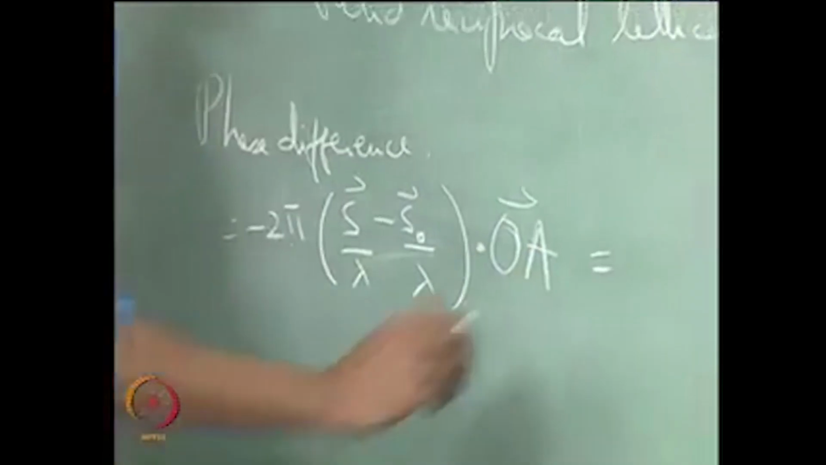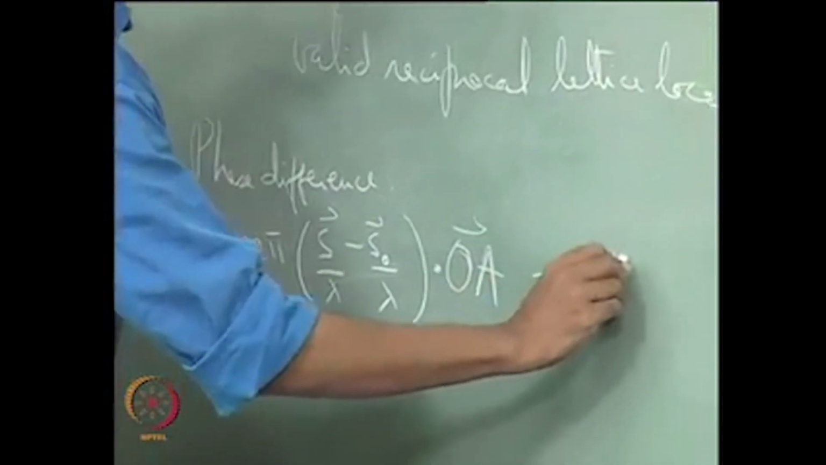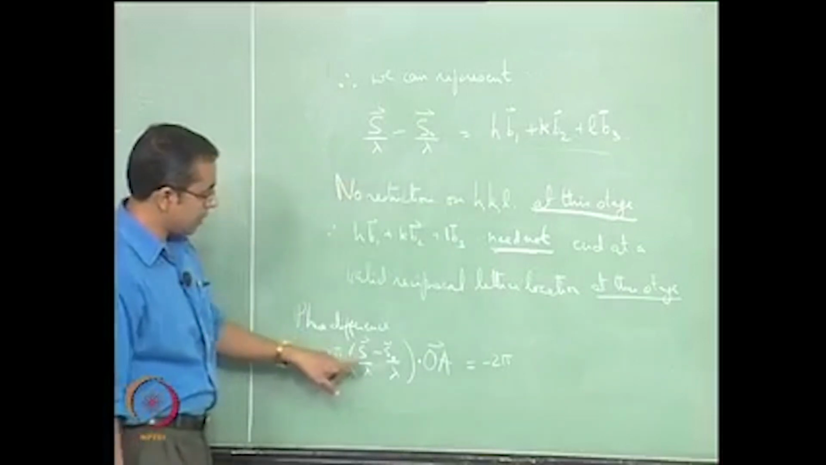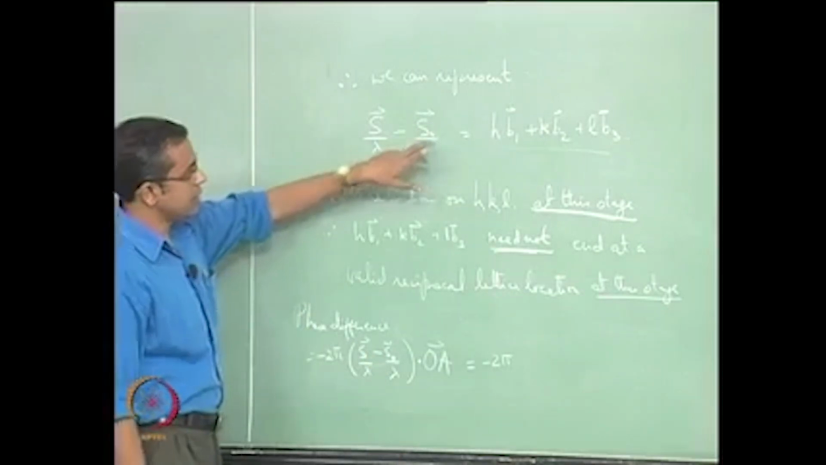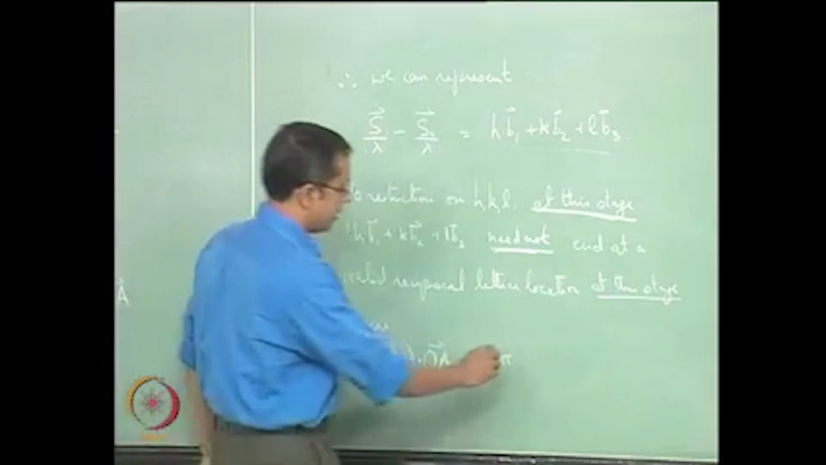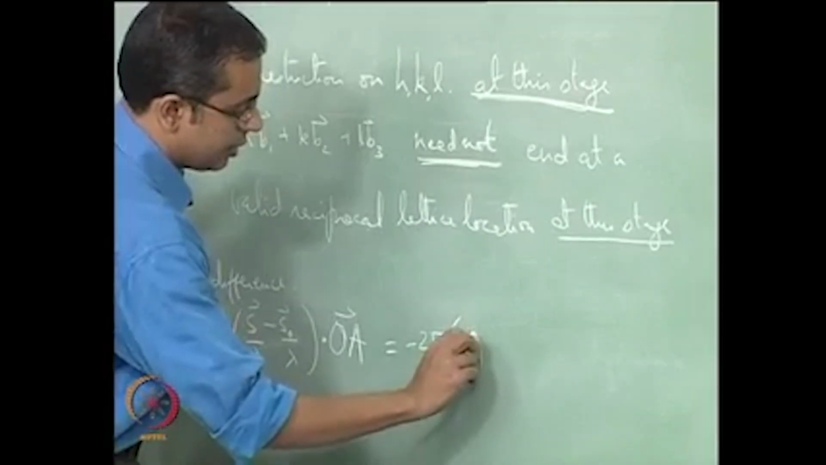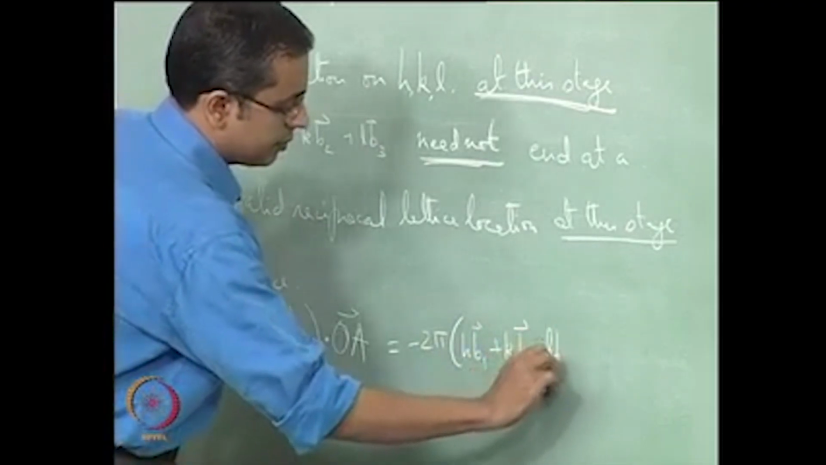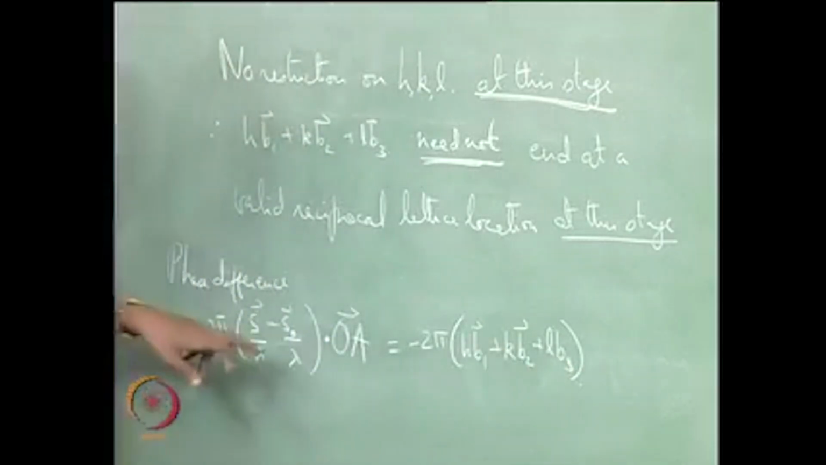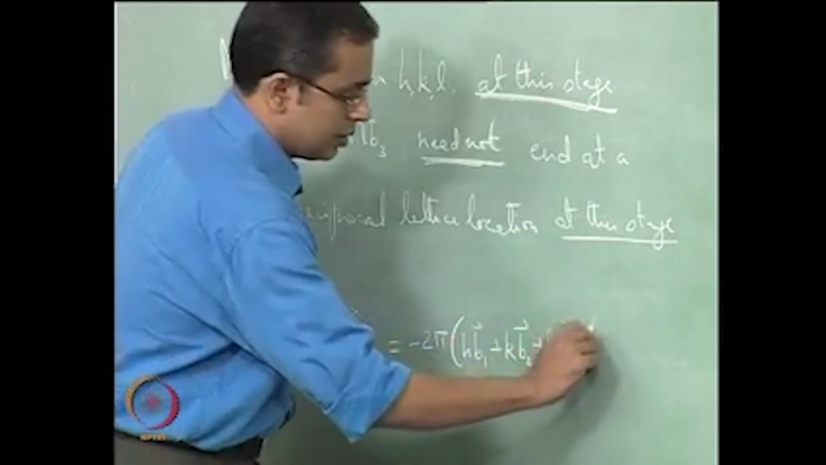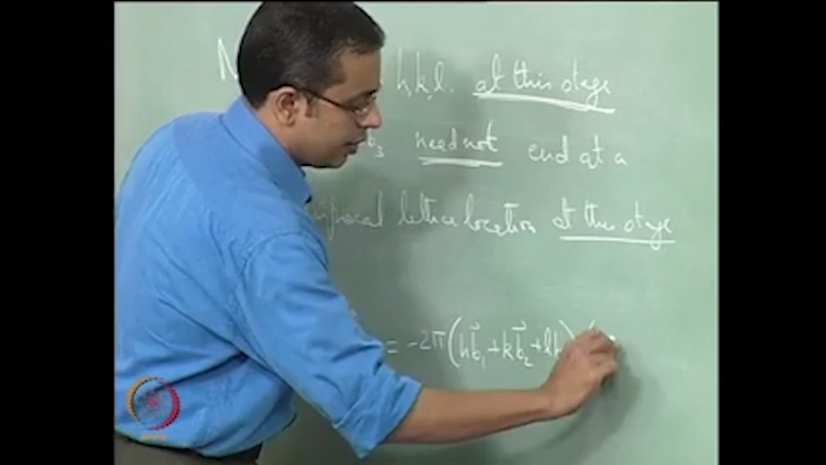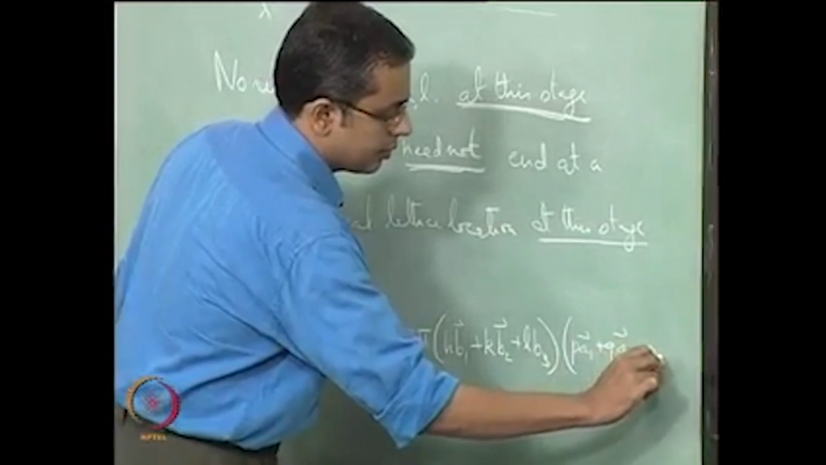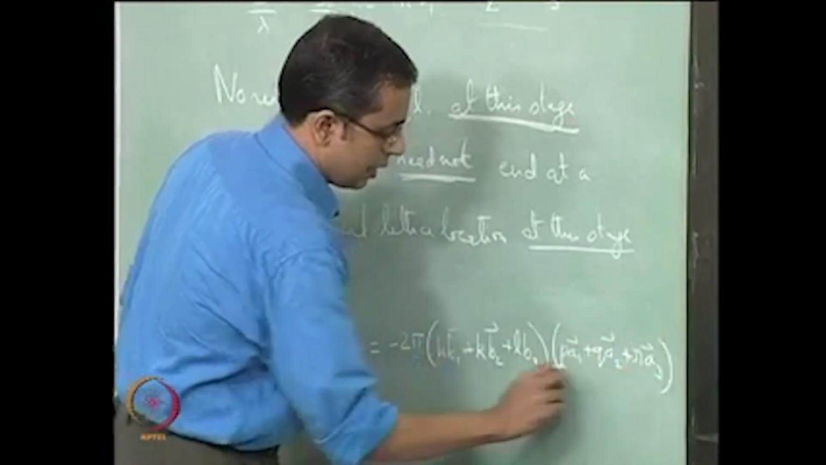Therefore this is equal to minus 2 pi, S by lambda minus S naught by lambda is what this quantity is. So therefore we can write that vector as H b1 plus K b2 plus L b3, and OA we have already defined as P a1 plus Q a2 plus R a3, and this is a dot product,